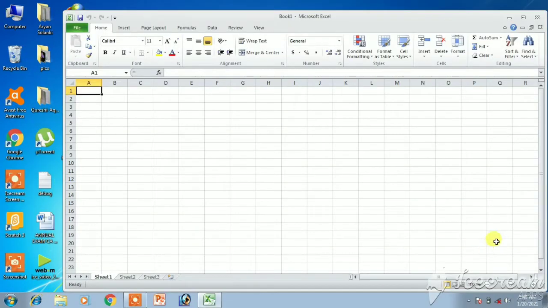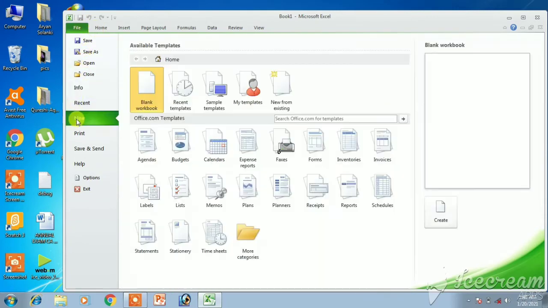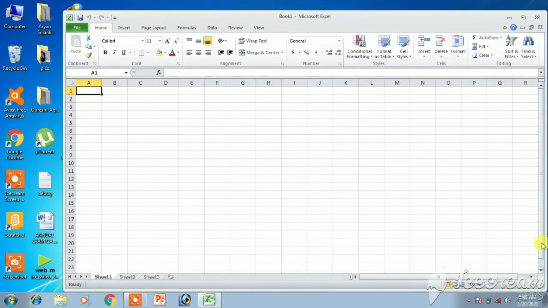So this is the first screen, students, and this is the File menu. From here you can create a new workbook, a blank workbook, and then click on Create. Automatically this workbook is created by default. Here you can see 3 sheets: Sheet 1, Sheet 2, Sheet 3.